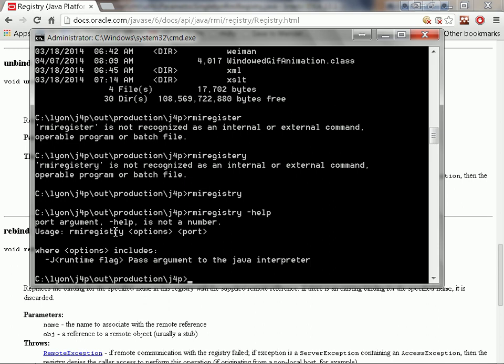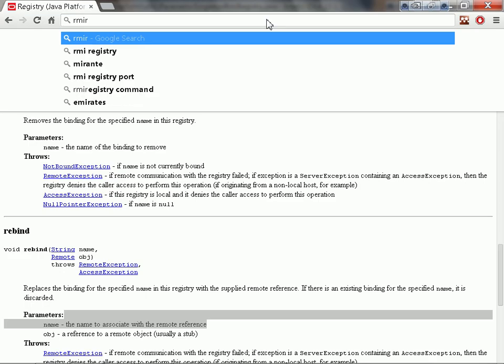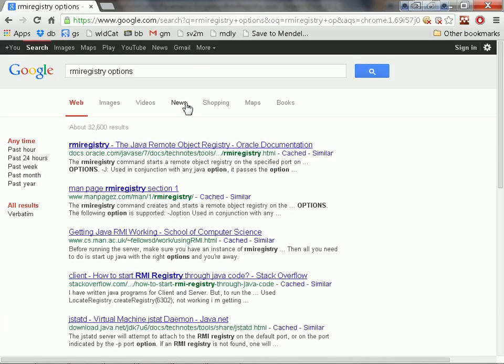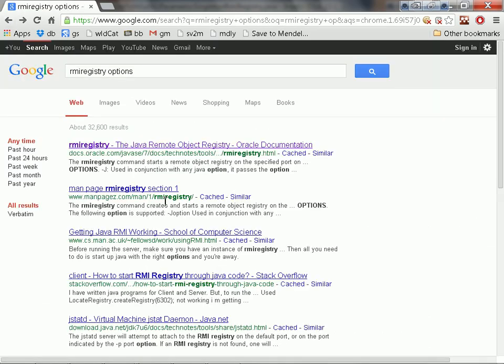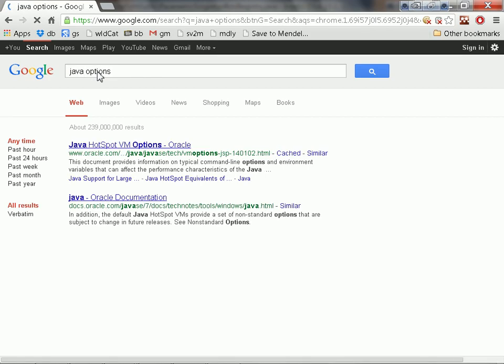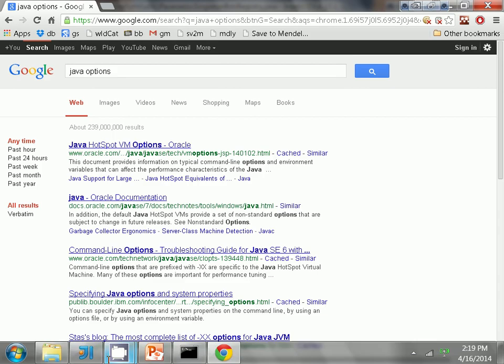Now, what are the RMI registry options? Just minus J. There have to be other options, right? I have to be able to set the class path. Minus J, with any Java option. Used in conjunction with any Java option. So then the Java options, they let you change the class path. Yeah. So in theory,